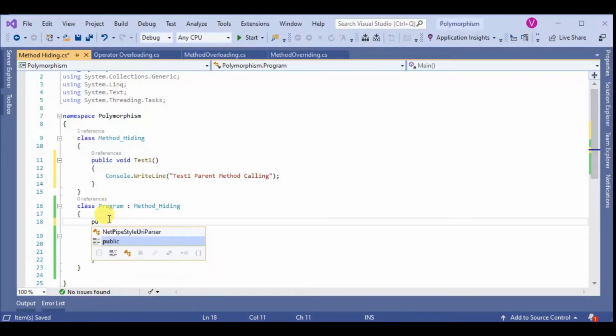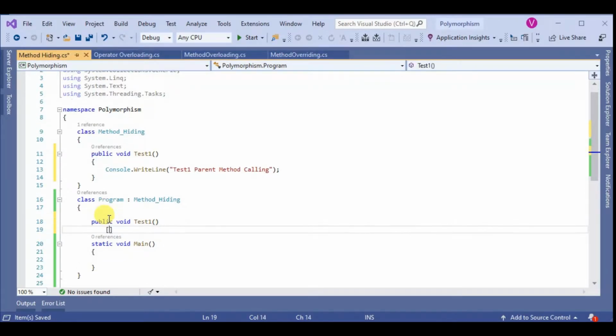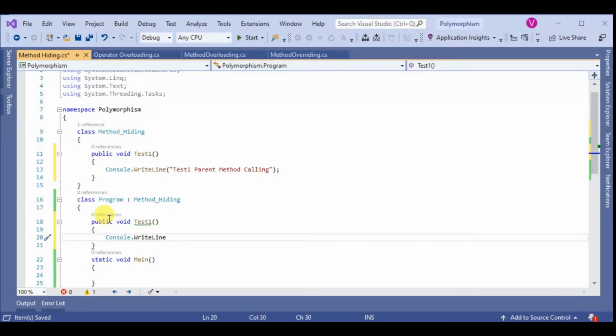So here we re-implement void test1 method, and the message shows "test1 child method calling".